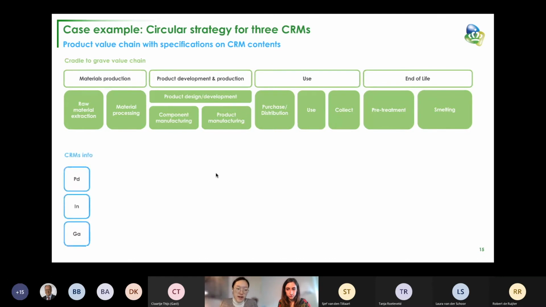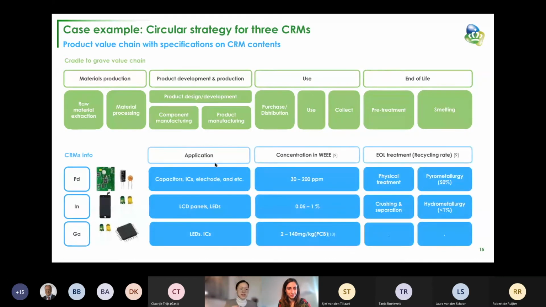Then where are these CRMs? Let's look into more details of these CRMs. Usually, most CRMs are highly concentrated on the printed circuit board within our equipment, especially palladium. It's situated within capacitors, integrated circuits, and electrodes on the PCBs, and indium in LCD panels, and gallium in LEDs